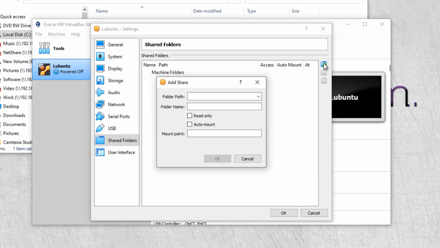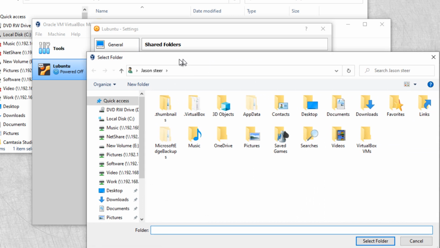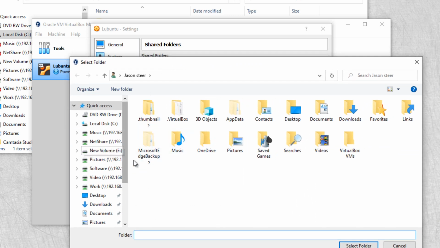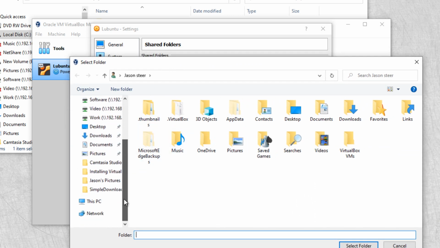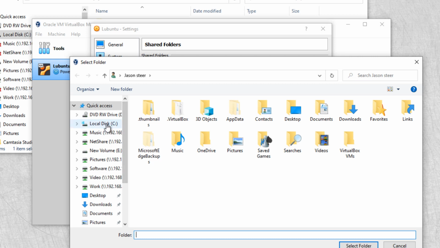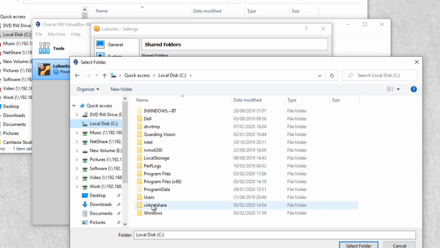If I click on that, it wants to know the folder path that I want to add as a share. So rather than get it wrong, let's go other, and we'll just search for it. It brings up our Windows host Explorer. And if I just go to the C drive and go to virtual share and select that folder,